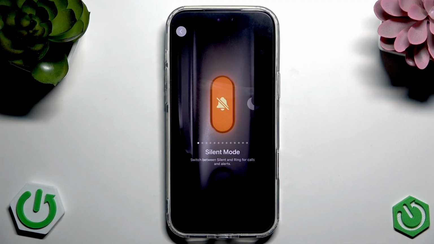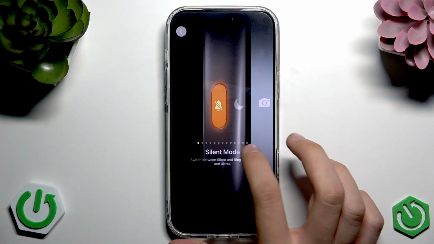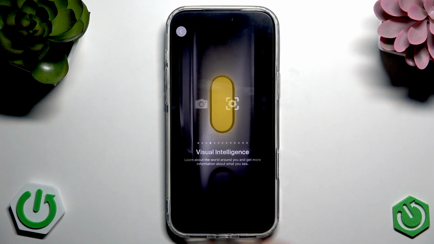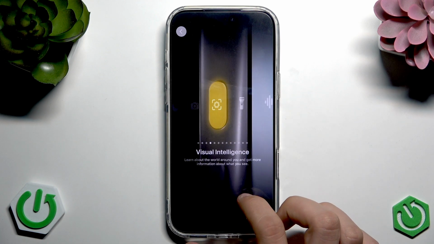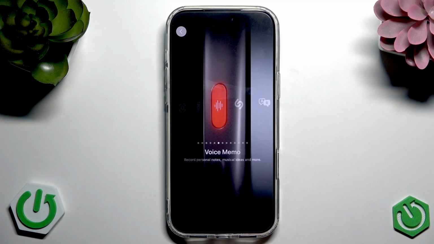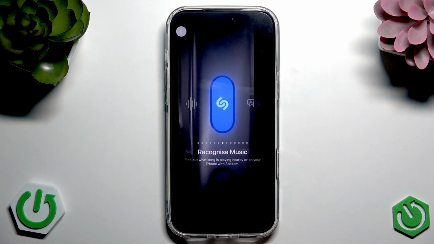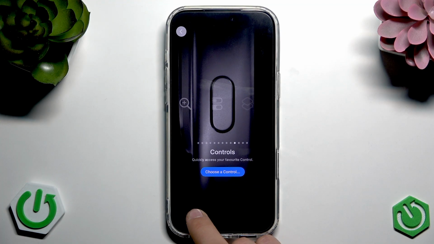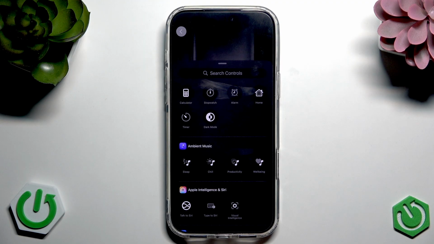Tap that. Here by default it's set to the silent mode, but if you swipe to the right you can see that here they have focus. To change the focus, open the camera, open the visual intelligence, which is if you take photo you will know what's that. Here as you can see we have flashlight, torch, a voice memo, where you can just record the voice, recognize music, which is Shazam, translate, which is the translate for the Apple, magnifier, and controls, and we can here tap choose a control, and